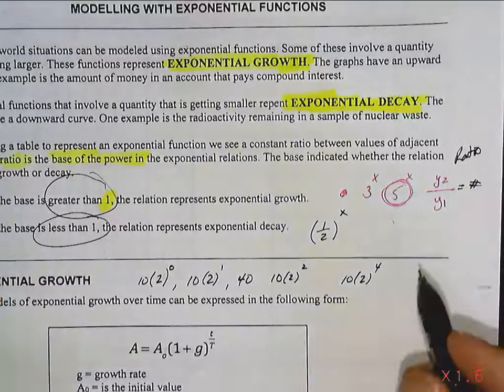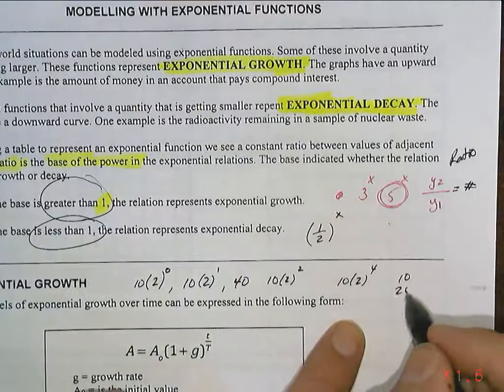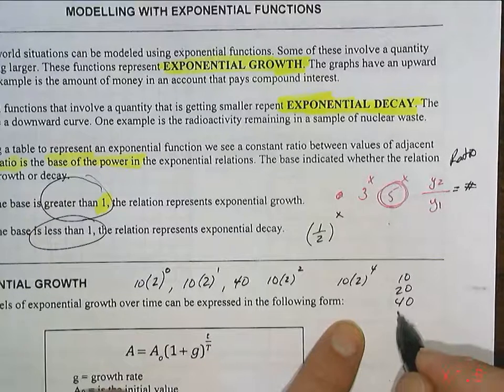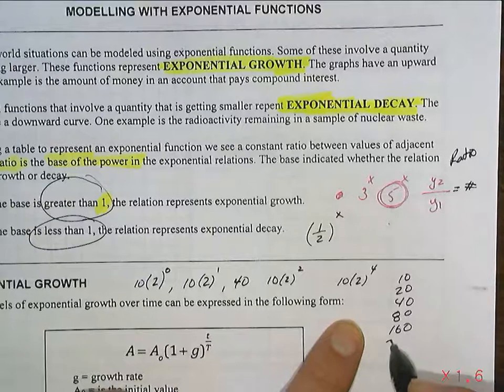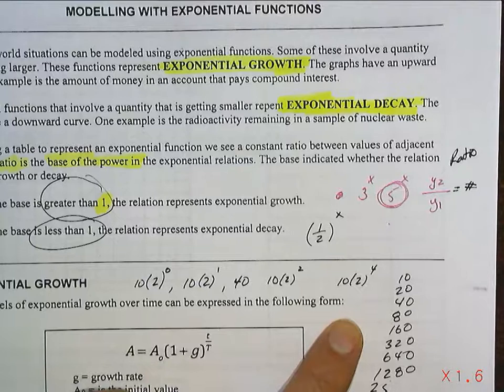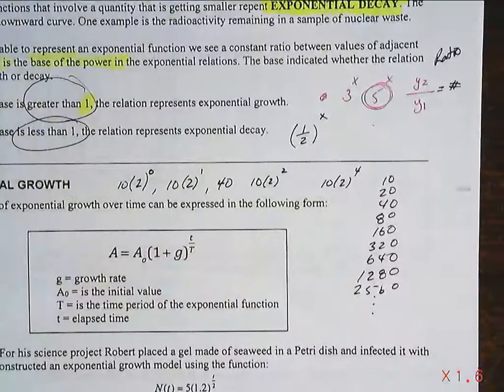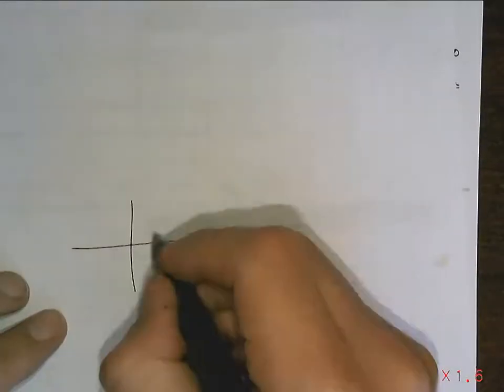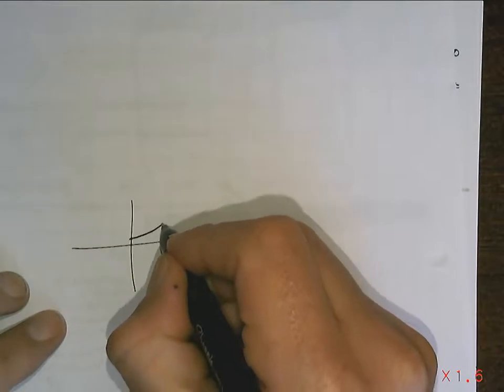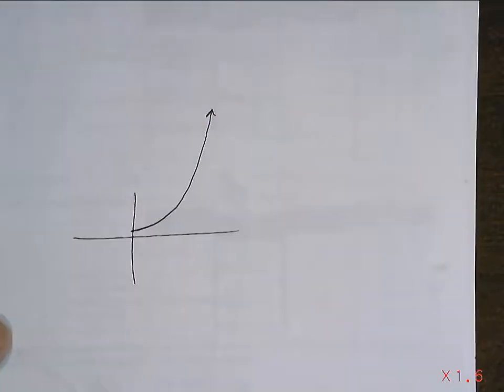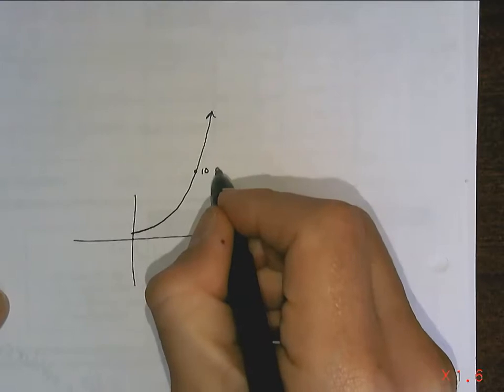So it started off pretty small. It started off with 10, then it went to 20, then 40, then 80, then 160, then 320, then 640, then 1,280, then 2,560, and you see that this is going bigger and bigger, but it's getting bigger faster, isn't it? The number of bacteria starts off like this, but then it takes off like that, until all of a sudden there's like 10,000 bacteria, and that's not a big deal,